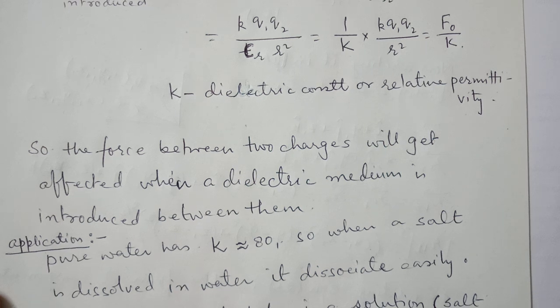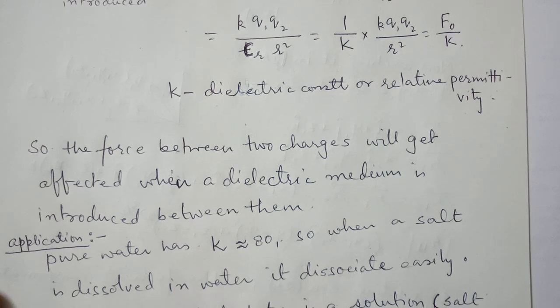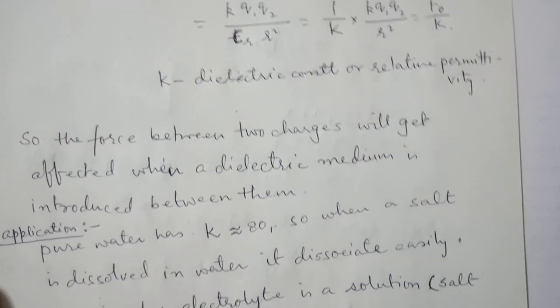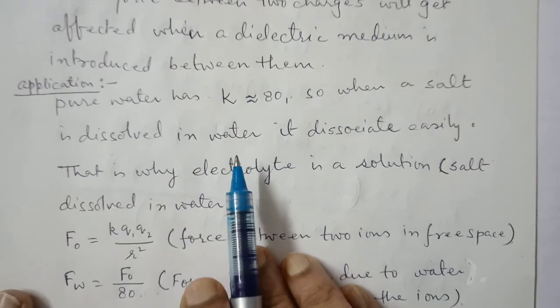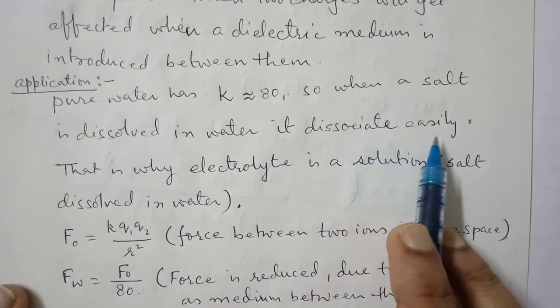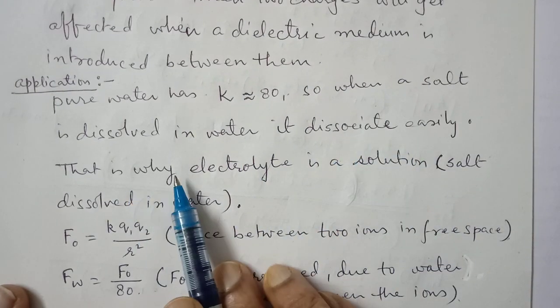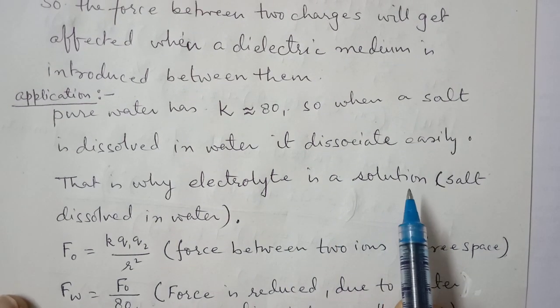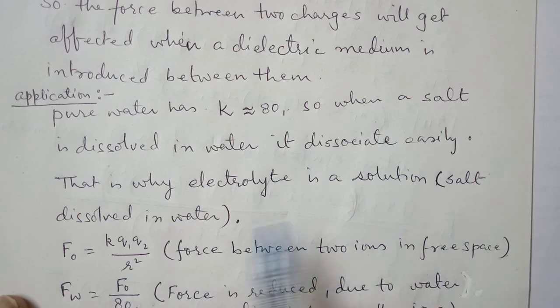Now, one of the applications is of a solution or electrolyte where the chemical is dissolved in water and it becomes easy to dissociate. Pure water has a dielectric constant K almost the same as 80. So when a salt is dissolved in water, it gets dissociated easily. That is why an electrolyte is a solution form. It is a salt dissolved in water,